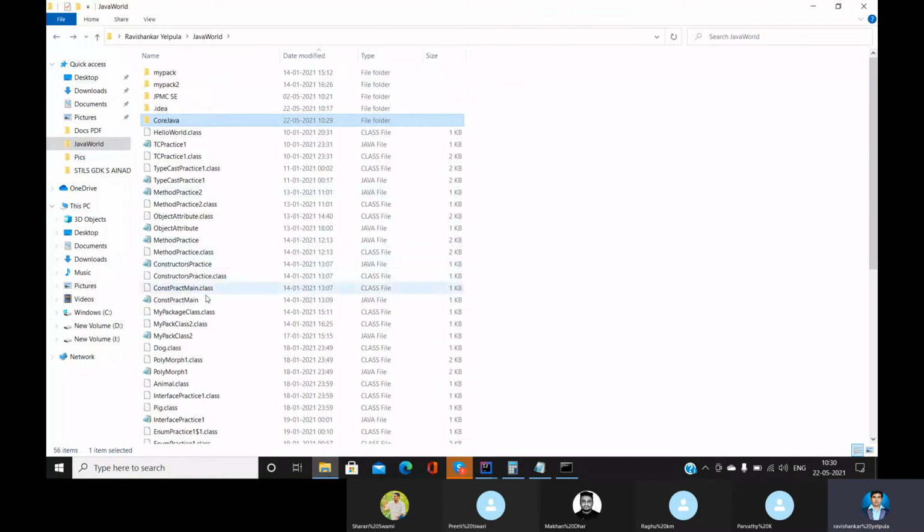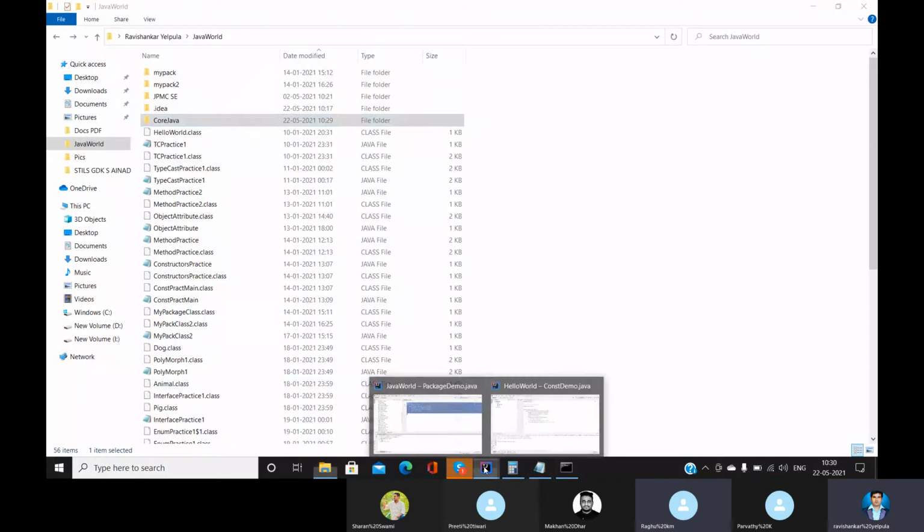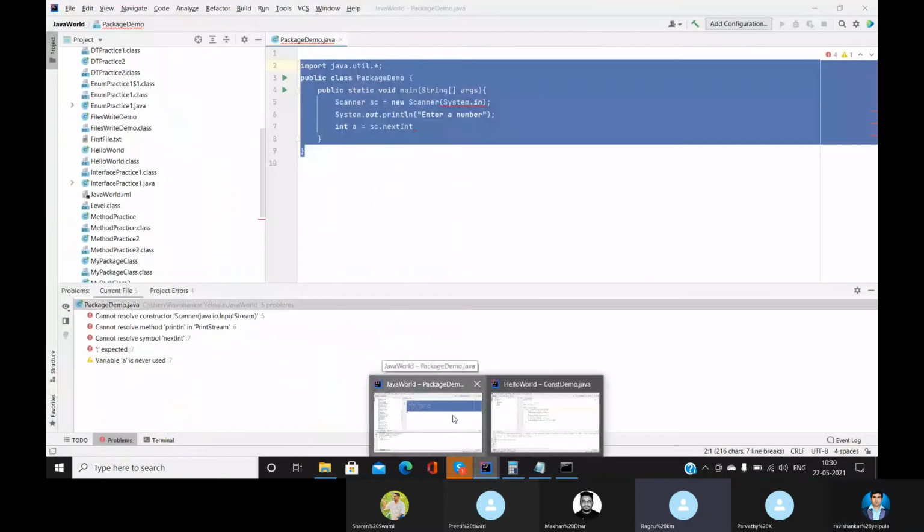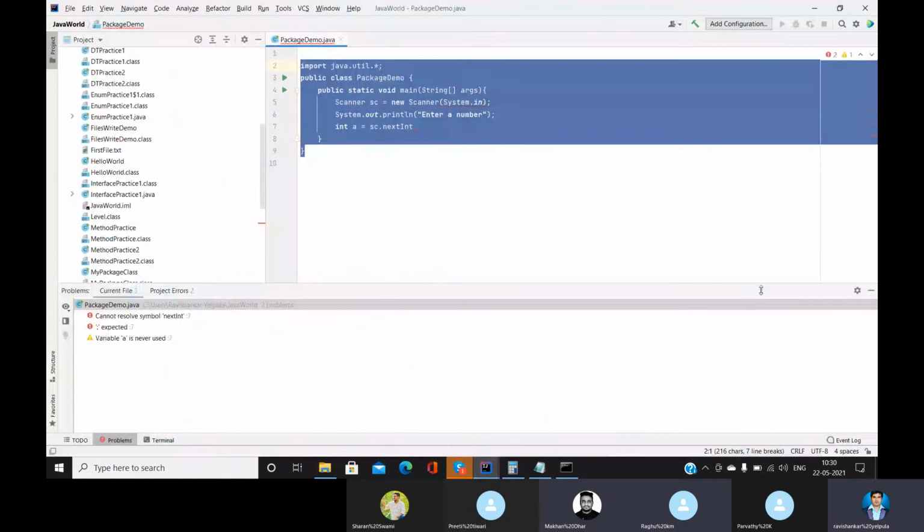Any doubt on this? And the same thing we can see in IntelliJ, right? Yeah, we can do this. My question is, what you showed now here, a package is created separately, right? Same as when you are creating a package in IntelliJ, we can see that. Yes, Raghu, we can see the same thing.